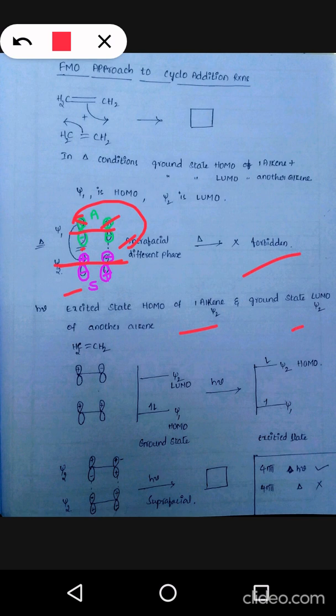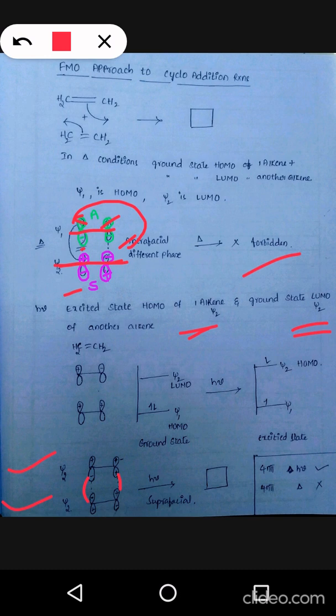Now draw the molecular orbitals Psi2 HOMO of one alkene and Psi2 LUMO of another alkene. It is shown that. So this is the HOMO of one alkene and this is the LUMO of another alkene. Both are Psi2 only, so both molecular orbitals will be represented in the same way. Now here, for forming a new sigma bond, the molecular orbitals of one ethene should overlap with the molecular orbitals of another ethene. Now you see here this side plus overlap, same sign lobe overlap is possible, so bonding takes place here. And for this side also same sign lobes are overlapping, so bonding again is possible.